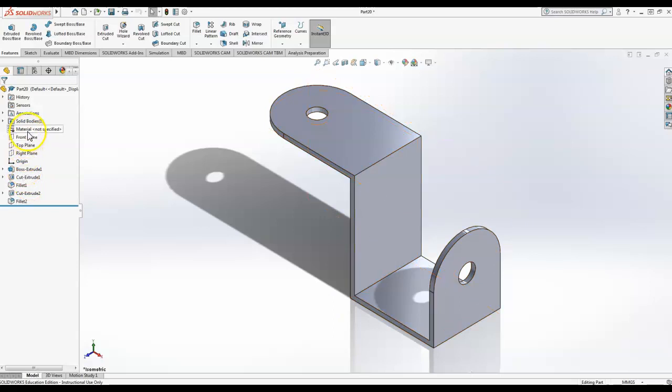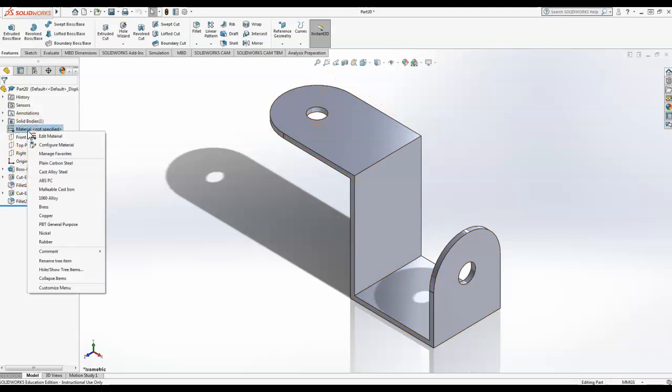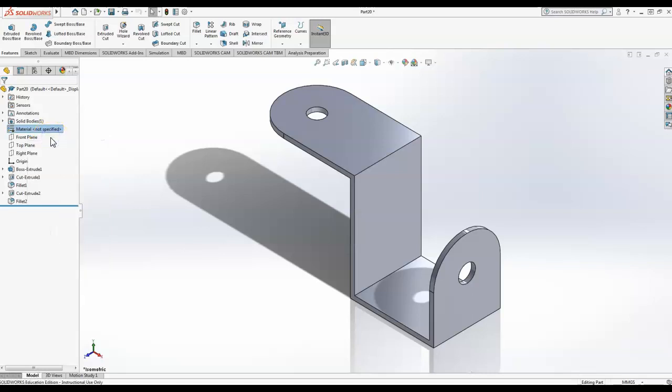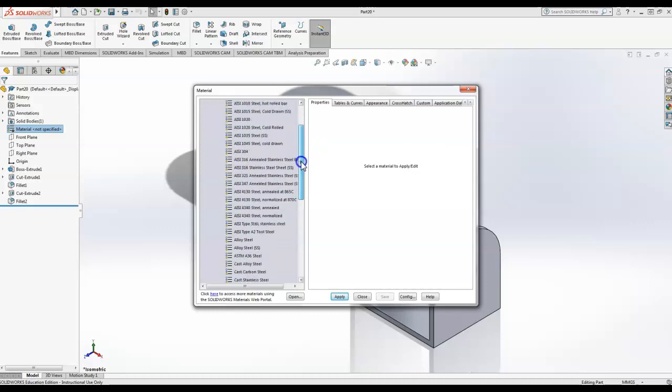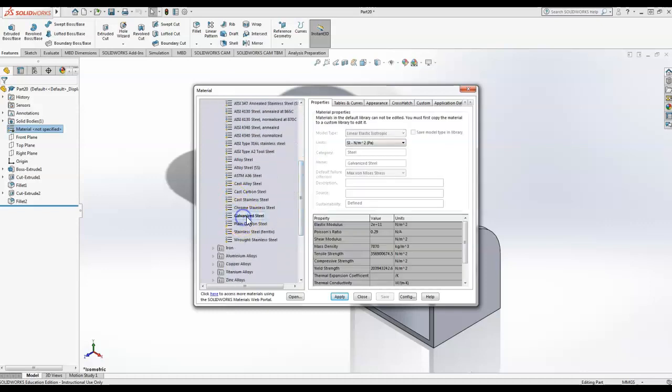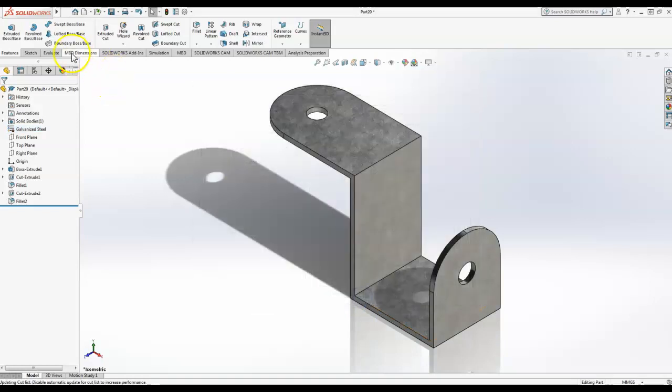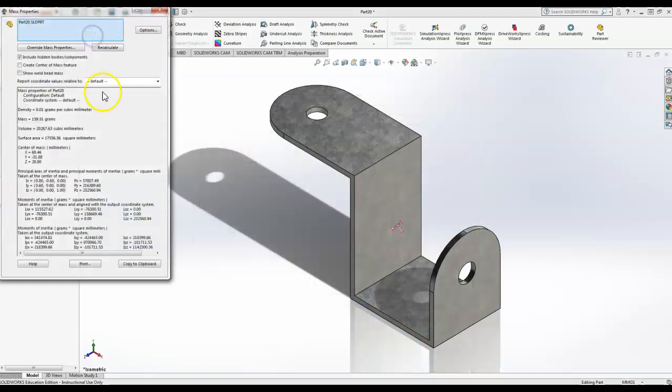I'm going to go ahead and add our material. We have to go all the way into edit material on this one. It's not a quick select. And find our galvanized steel. So I'll scroll down and find galvanized steel in here. And go to evaluate